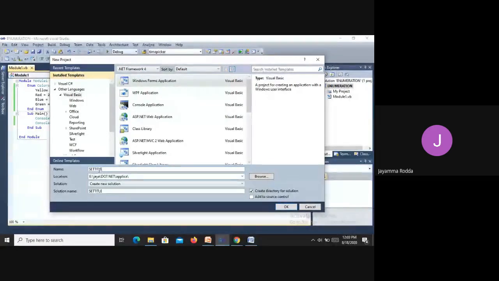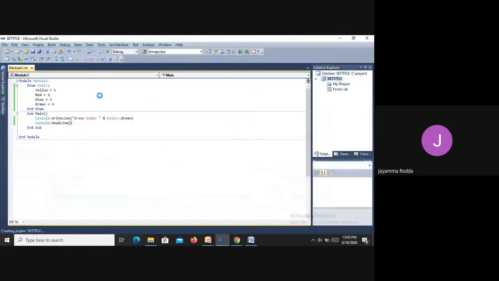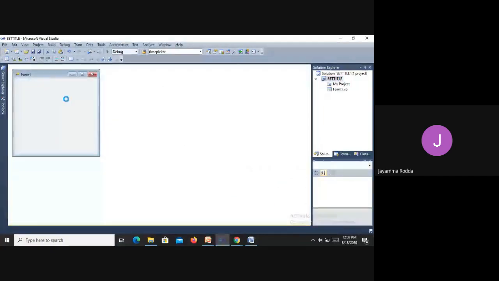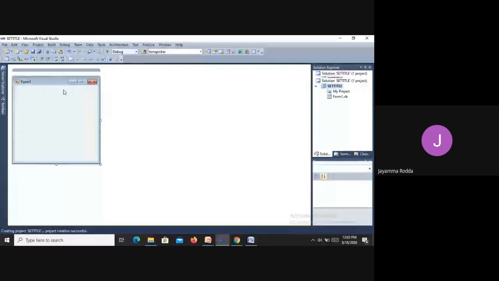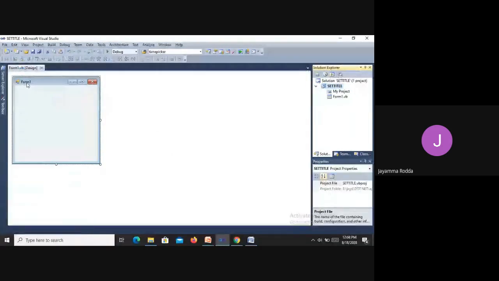So this is the name of the form. It will be stored in this corresponding location, and I'm going to click on OK. Now this will be gone and a Windows form will appear there. So this is my form. In this form, this is the title of the form. What is the title of the form? Form 1. Okay.